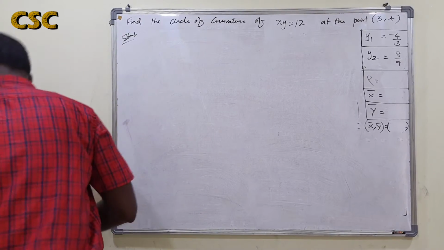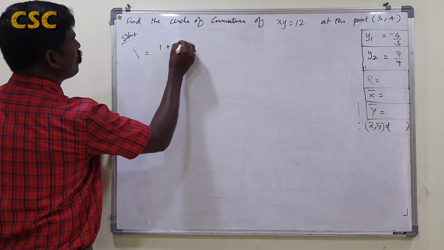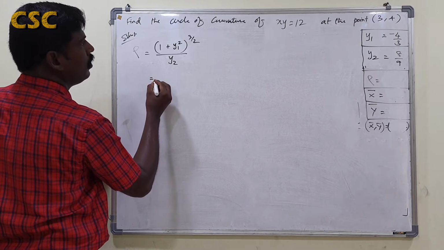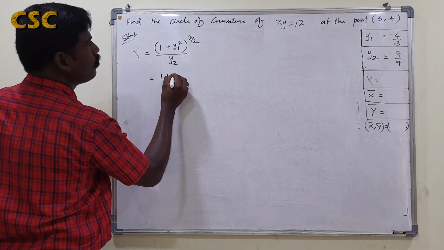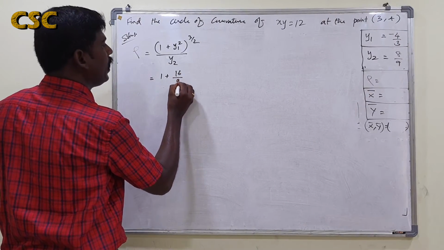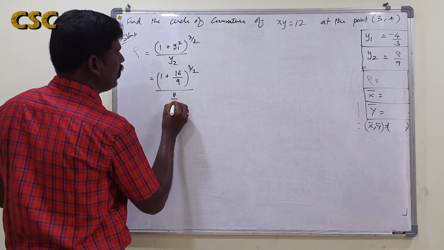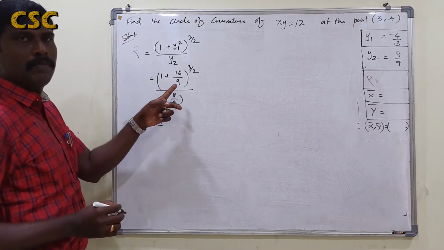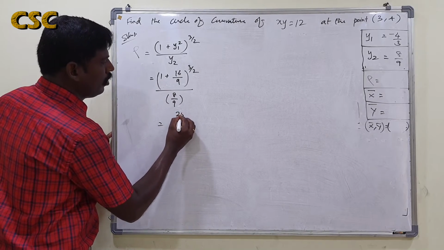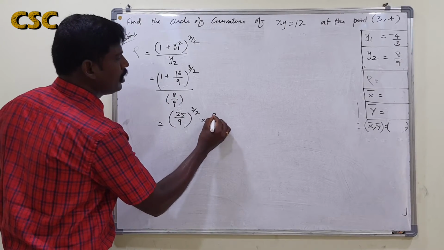Then what is rho? Rho is 1 plus y1 square, the power 3 by 2, by y2. That is equal to 1 plus, what is y1 square? Square of this value minus 4 by 3. Square will become 16 by 9. The whole power 3 by 2 by y2, 8 by 9. So this can be done taking LCM inside the bracket on the numerator. So 9 plus 16, 25 by 9. 25 by 9 to the power 3 by 2 into this 8 by 9 becomes reciprocal multiplication.